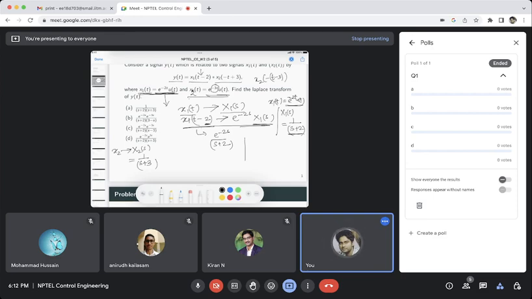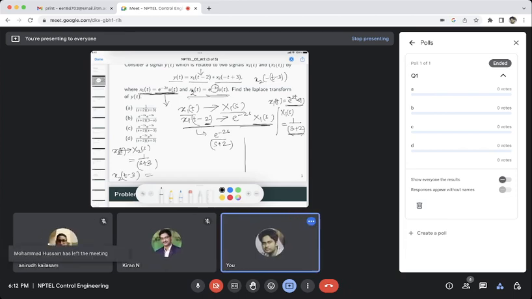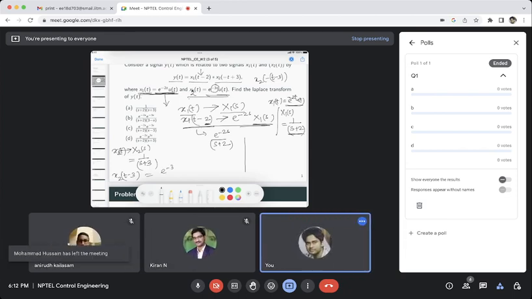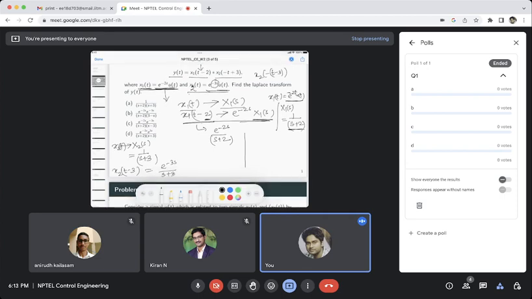So now we will use another property. First, let us find x2 of t minus 3, which is simply again e to the power minus 3s by